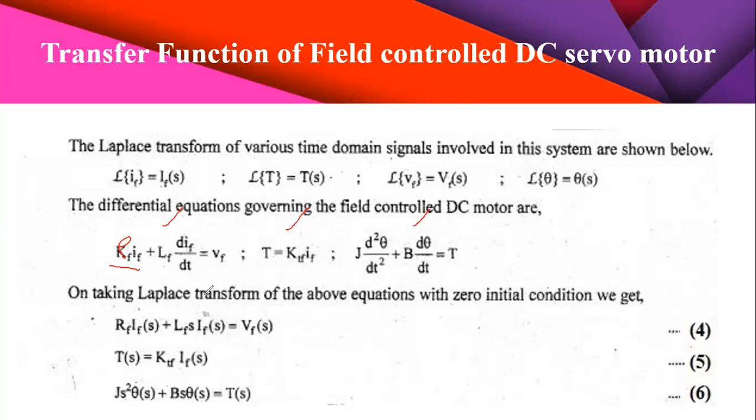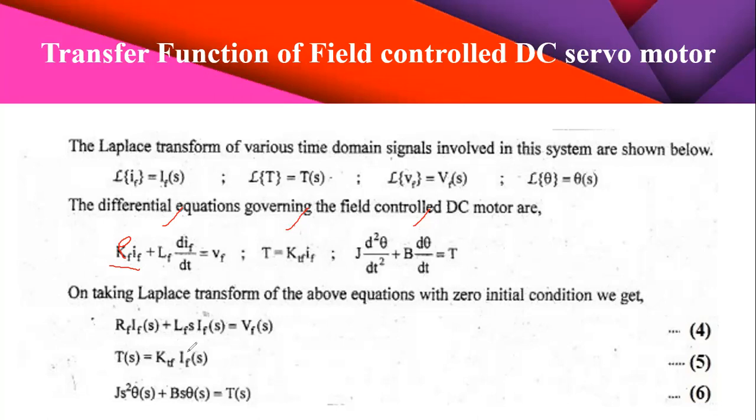S comes here because it is a first order differentiation, I of S equals V of S. So tell me one thing, why do the current and voltage have the S domain and the remaining terms do not? Because the current and voltage vary with respect to the S domain, that is okay now.